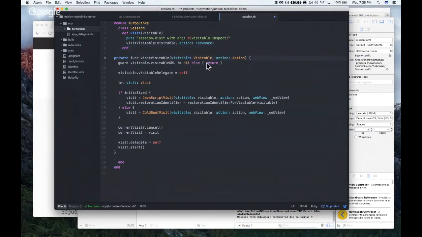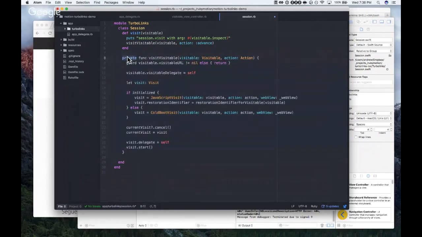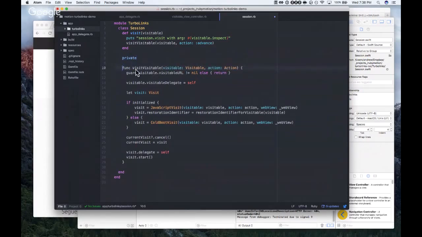First argument is our visitable. Actually, implemented as a private function, so sure, we'll keep that private. Def visitable. Visitable will be the first argument.